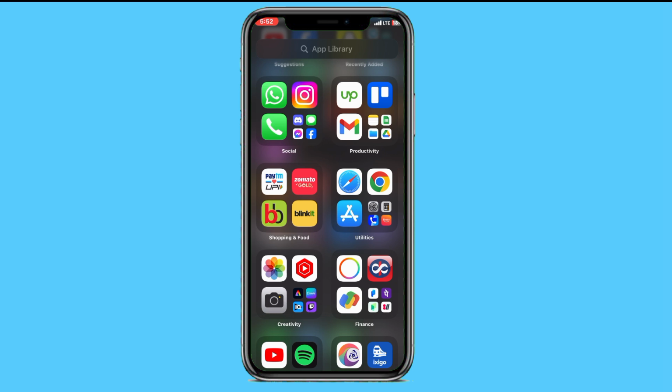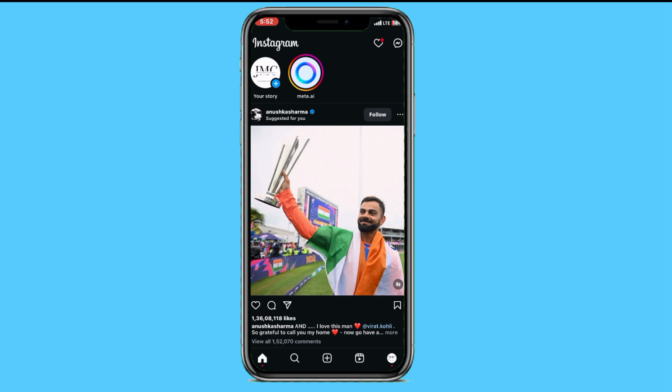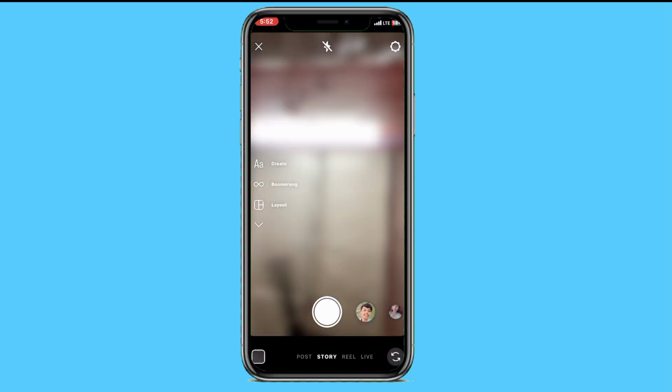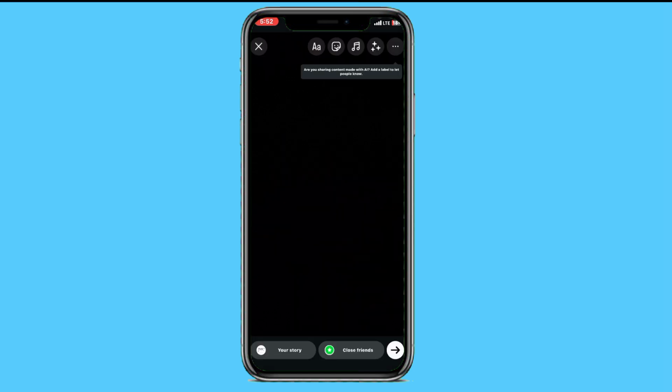Simply copy the link of your product and open your Instagram in front of you. Here, what you have to do is swipe to the left, and you will see a huge menu to add a picture or anything on your story. You can simply create a black picture, and then on the top of the screen, you can see